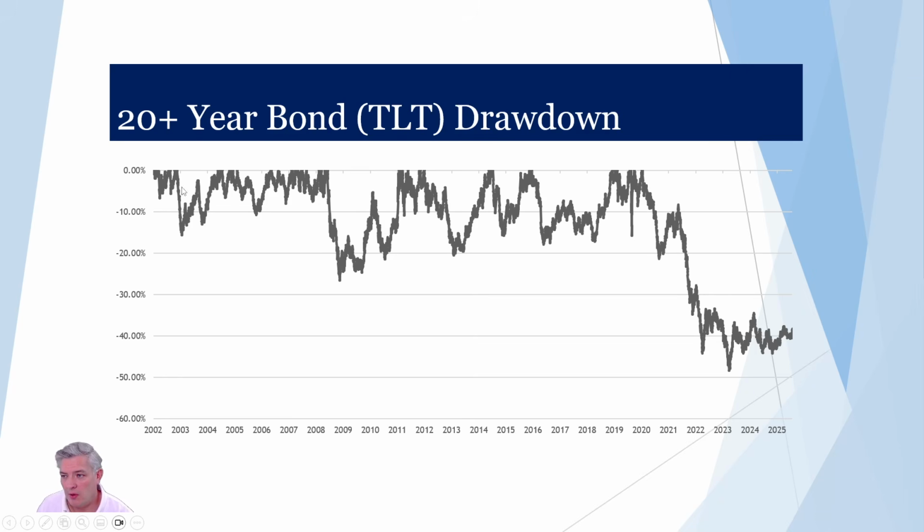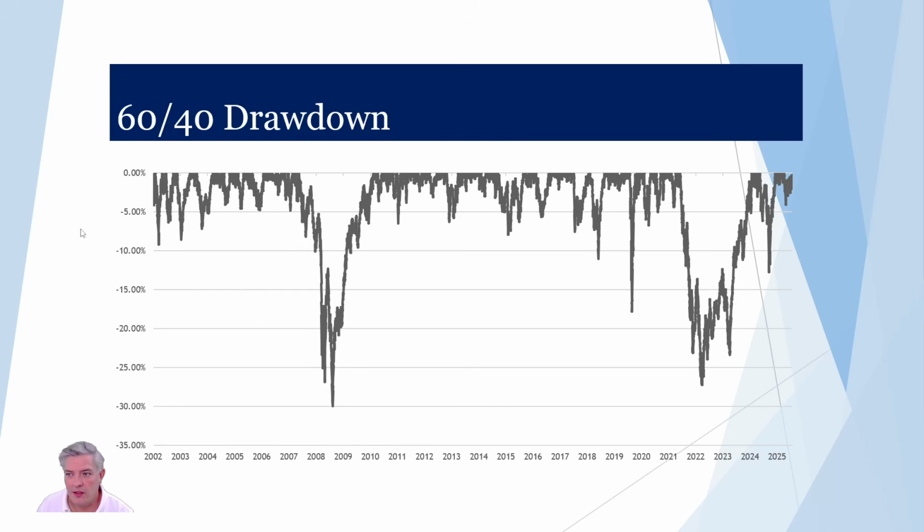Here's an example of the 20+ year bond ETF, which is TLT. And you can see up until recently, it's been pretty good at drawdowns, nothing more than about 25-26%. But when the Fed started to raise interest rates for the first time in a long time in 2022, the TLT ETF took a big drawdown, and it's currently down just shy of 40% versus the highs from 2020. And here is yet another example.